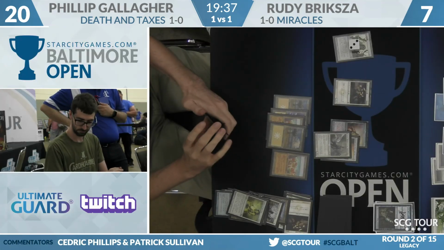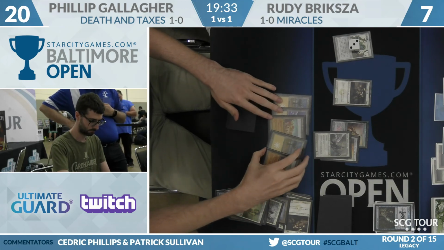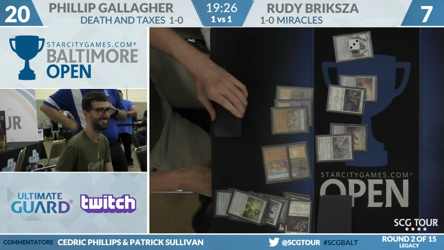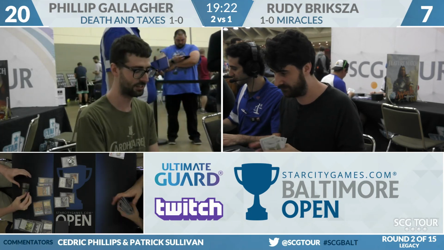Right. Doesn't cost you anything, and sometimes you do get responses, you know? You might have gotten a Clique out of Rudy there, for example. Going to move the Sword over to the Mirran Crusader, and that is going to do it. Phillip Gallagher is going to win this match here over Rudy Briksza, 2-1. Death and Taxes is going to take care of Miracles. Many think that Death and Taxes would be